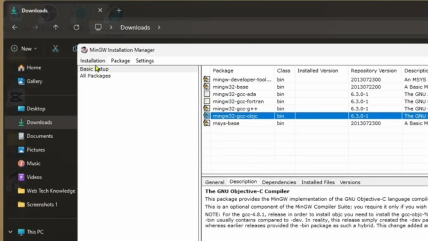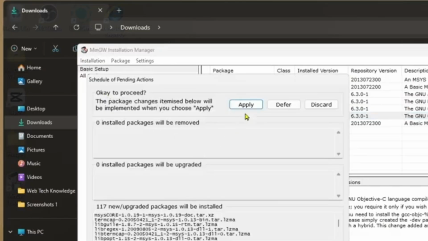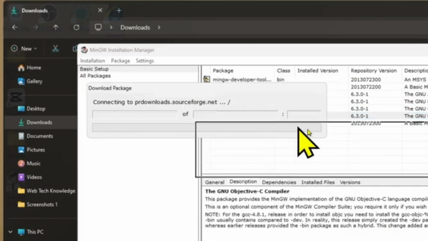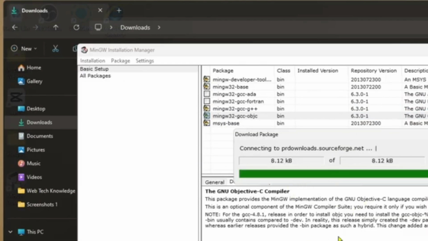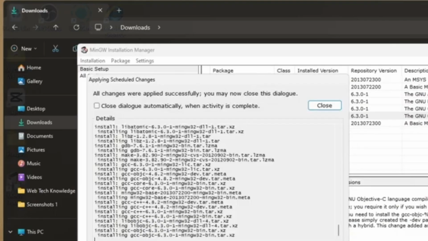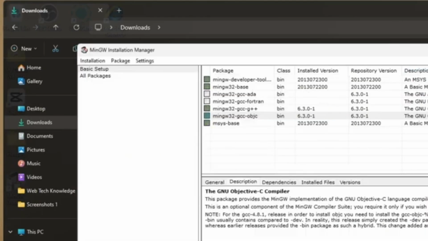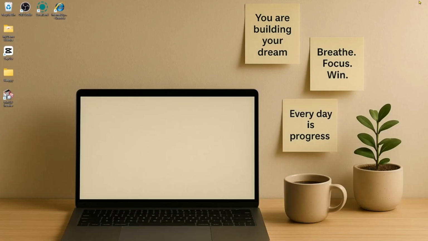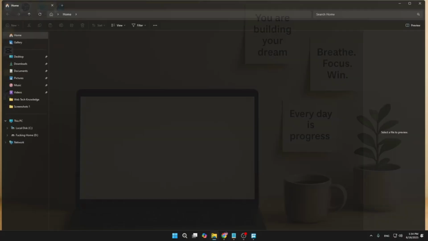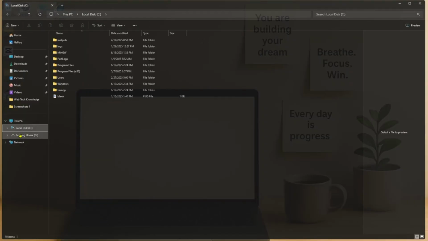And after, we need to click on installation, and we need to click on apply changes. Click apply, and now it's downloading the MinGW packages, and it will take some minutes. You need to keep patience. So after completing the applying of scheduled changes, we're now going to close everything, and now we're going to look for setting the variable path. For that, we need to go to our file explorer, go to the local C drive,